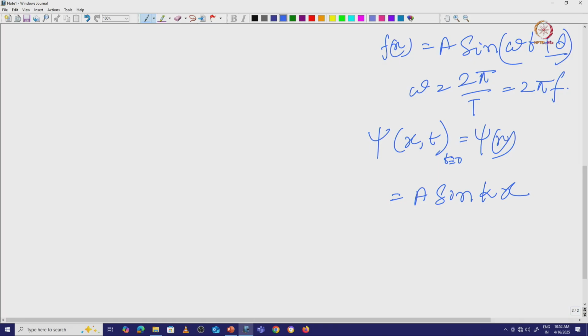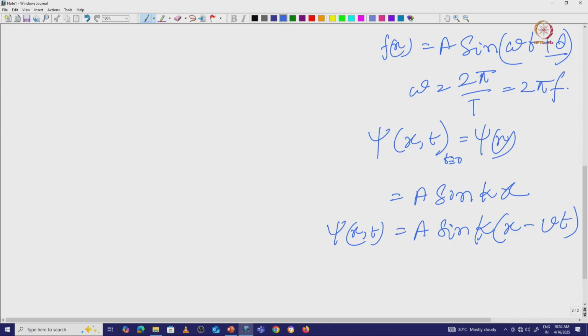So we can modify these things. You can consider that the wave has a velocity v and it is going in the positive direction in x, then we can change that formula to something like that. Okay, y, if we consider x and t, in this case we can write it as a sine k x minus v t.